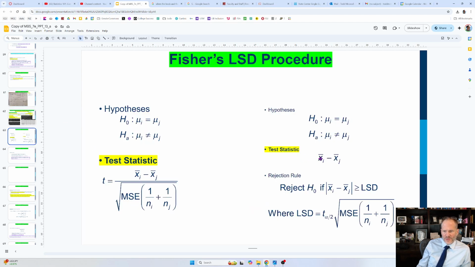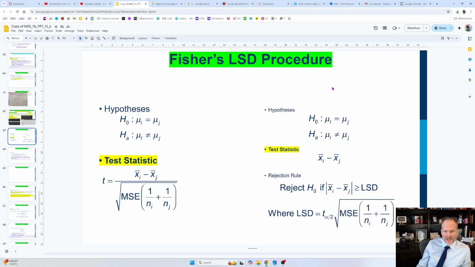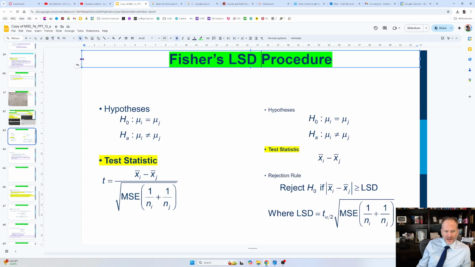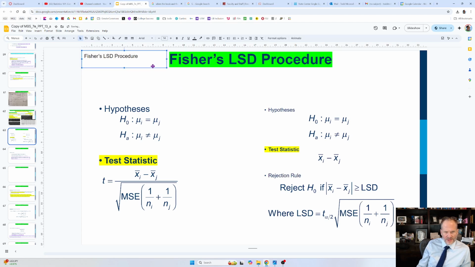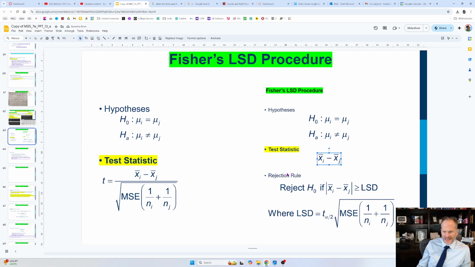And then this one here, the test statistic, is to test against this being our critical value, right? Using Fisher's LSD. So I'm going to put this over here, and actually, yeah, why not? I'll copy this, and I'll see what happens when I paste it like that. Oh, that's so nice. It did work. I pasted it without formatting, and then I'm going to make this one bold, and I'm going to make this one green, because this is Fisher's LSD procedure here, where this is your test statistic, and you're testing it